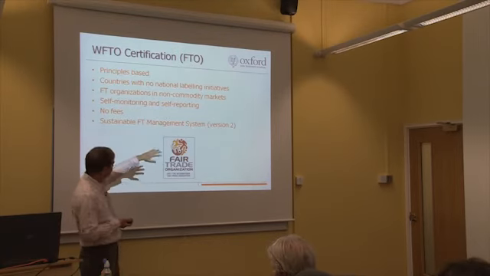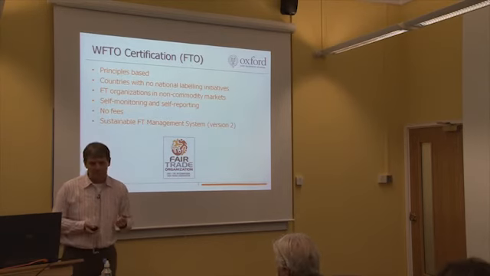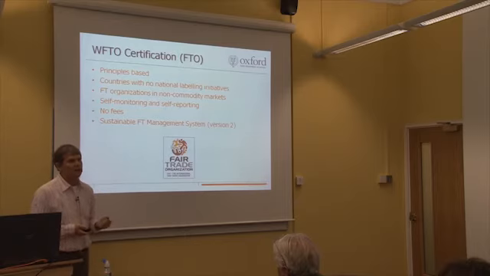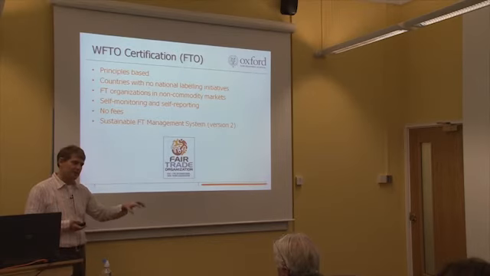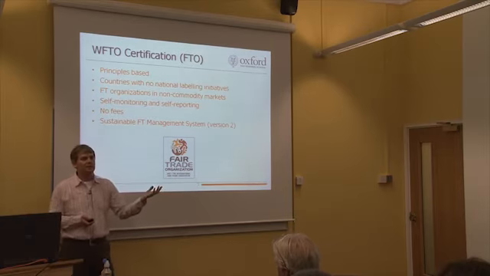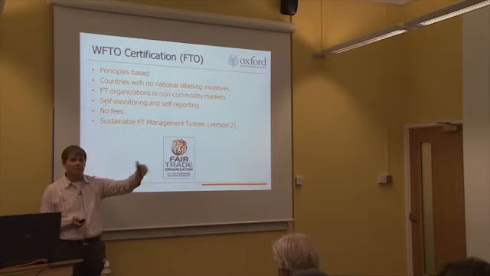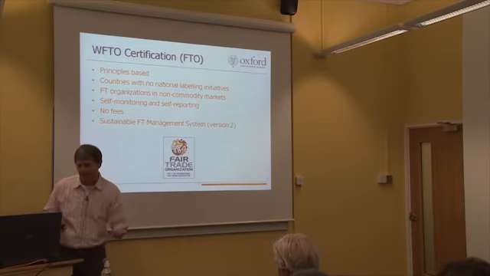But they're now trying to develop the Sustainable Fair Trade Management System, which is something closer to a Flow standard, but still based at the organization rather than the product level. So there's a lot of hope within WFTO that this may have traction. Because what the organizations in this sector have seen, of course, is that those people who get the Flow label, the coffee producers, the cocoa producers, have seen their sales go like that, whereas the textile producers and the craft producers within fair trade have not seen the same growth. So there's a great deal of interest in developing labels.